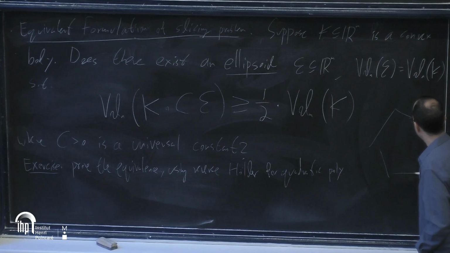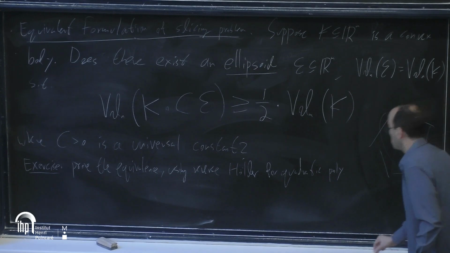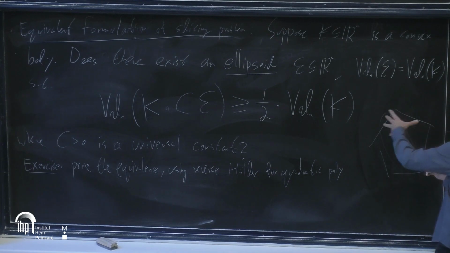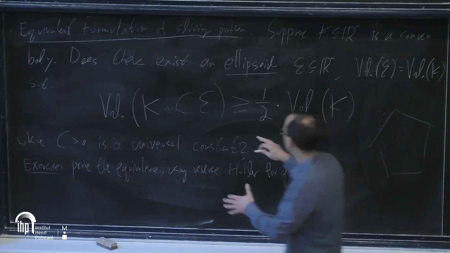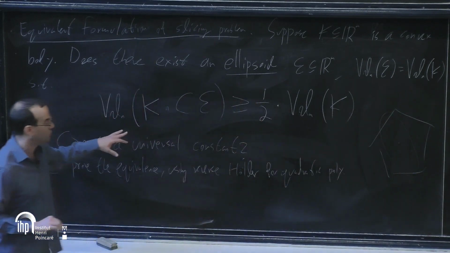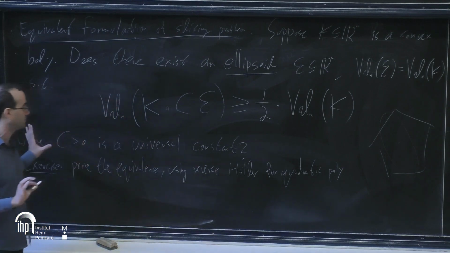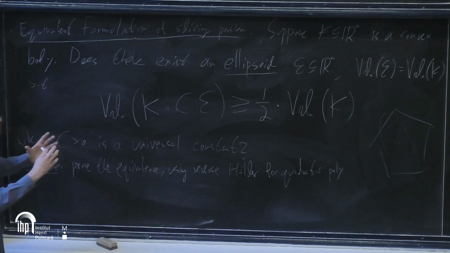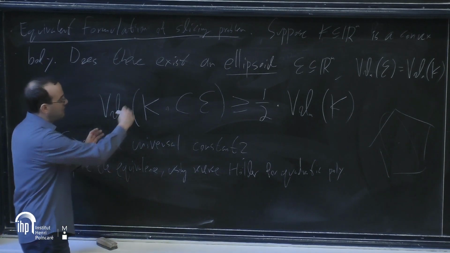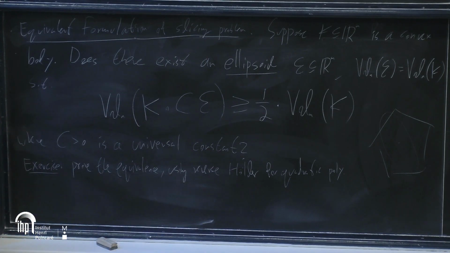We have some convex set, and we ask if you can find some ellipsoid of the same volume. After you scale it a bit up, it captures half of the mass. And this ellipsoid, the best ellipsoid, would be related to the covariance structure. Okay, maybe I won't solve this exercise. It's not so difficult, but yeah. This ellipsoid is about the covariance structure, and if it captures a lot, then you have some information about the covariance matrix.